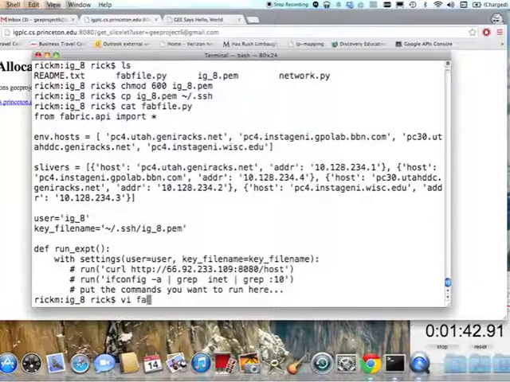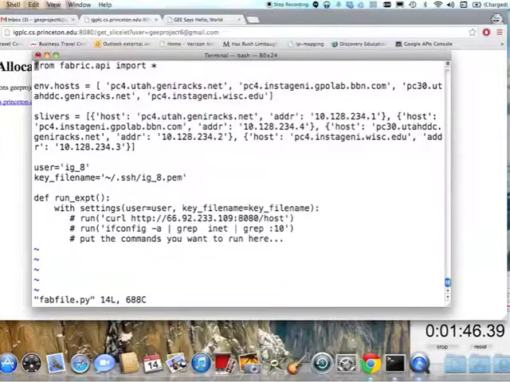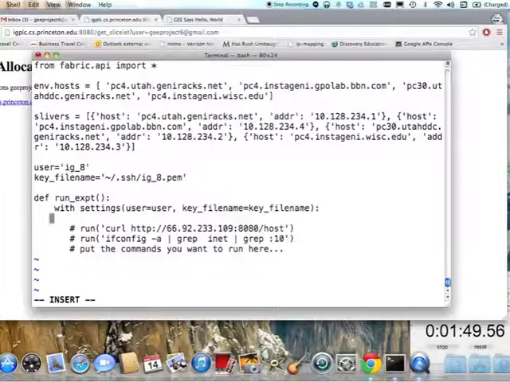So I'm going to go ahead and edit it to run the command I want, which in this case is my version of Hello World, which is to go and tell gproject.org that I'm up and running. So I'm going to tell it to run curl, in other words, just do an HTTP get of a little URL which will tell gproject.org to go and put a pin on the map for me, which is this gproject.org